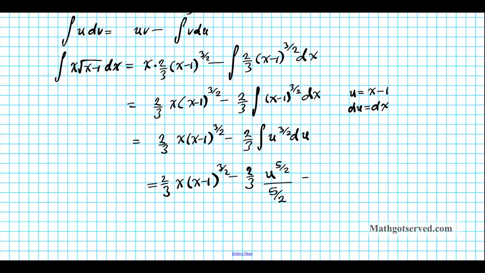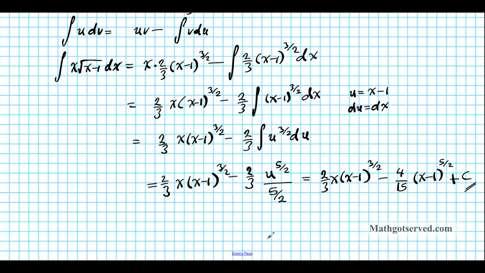Okay? So this becomes, let's see, 2/3 x times x minus 1 to the 3/2 minus, now multiply 2/3 by the reciprocal of 5 over 2, which is 2 over 5. So if you multiply that, you end up with 4 over 15. And then what is u? U is x minus 1, right? So let's put that back, x minus 1 to the 5/2, plus c. Now this is your final answer, but we could simplify it a little bit more,